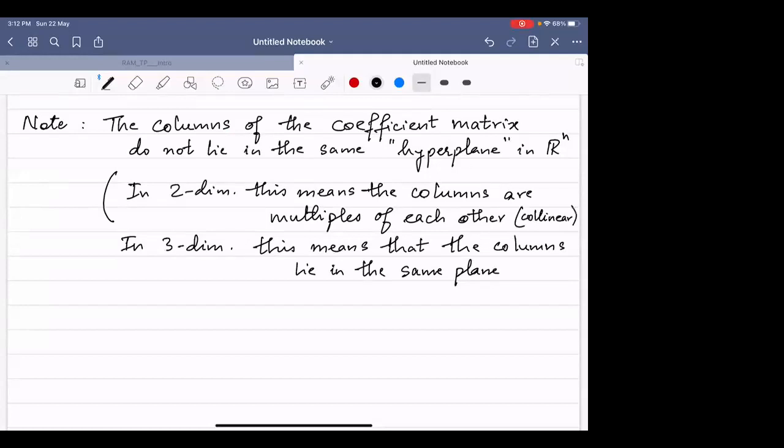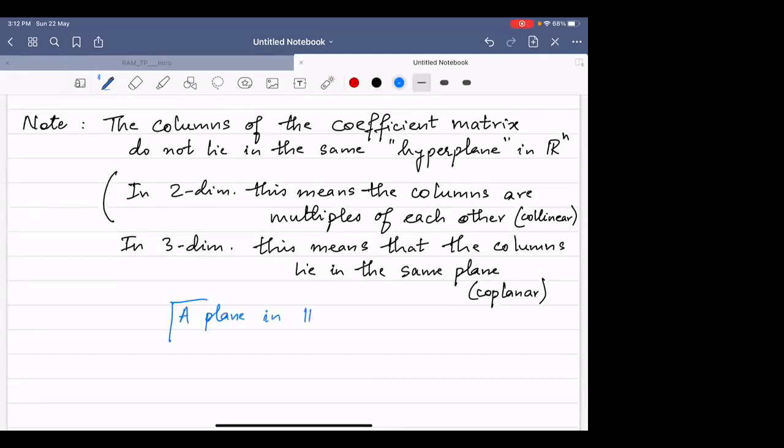Kavita, yes, there is a request to repeat what is a hyperplane. Yes, thanks, Nithin. I have not defined what is a hyperplane, and I'm not going to define it for now. I will just say that it is a generalization of plane. What you have as a plane in R3, in Rn you will have a hyperplane. So a plane